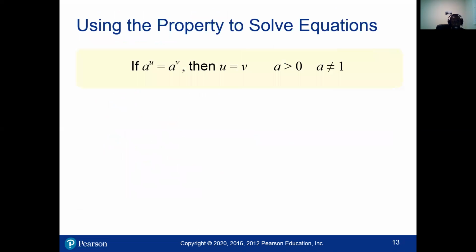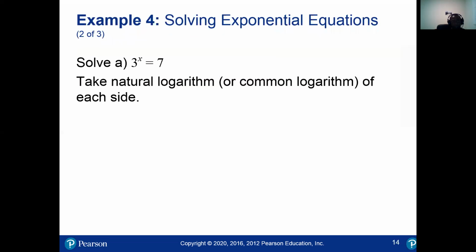All right. Now, we want to use the property that if the bases are the same, then the exponents must also be the same. Okay. This happens, but what if you cannot write it as a base, then we take the natural log or the common log on both sides. Okay, that's how we use this property. So here is an example. We have 3